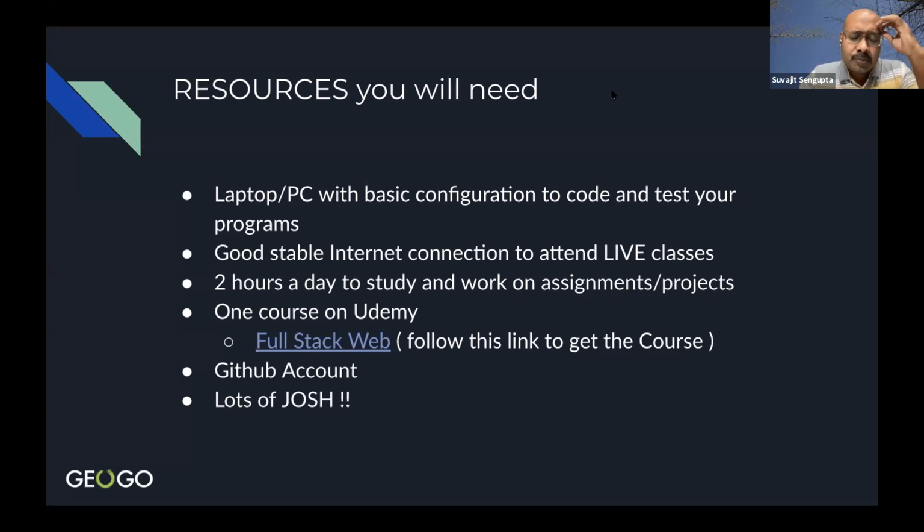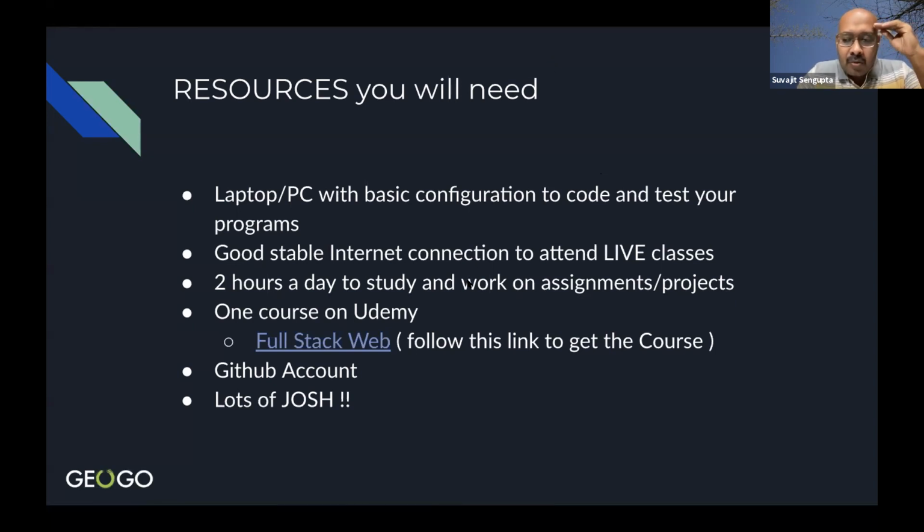And finally, the fourth point, which I want to hint at, is that there is a course on Udemy which we always refer to. Maybe we will ask you to get that. Either you purchase it or you get it. There are certain ways which you can explore. It's a Udemy course which you can follow for a certain level of help when needed.